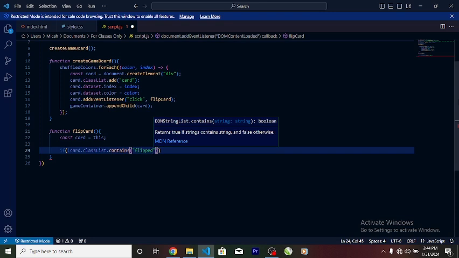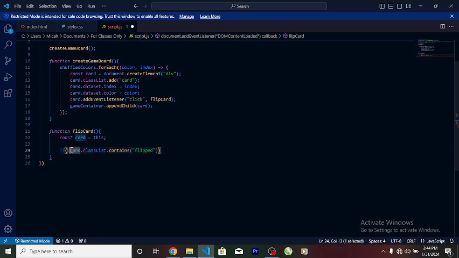I just said if card.classList does not, that's what this right over here means, does not contain flipped, and